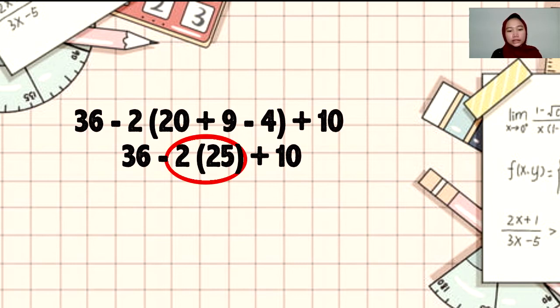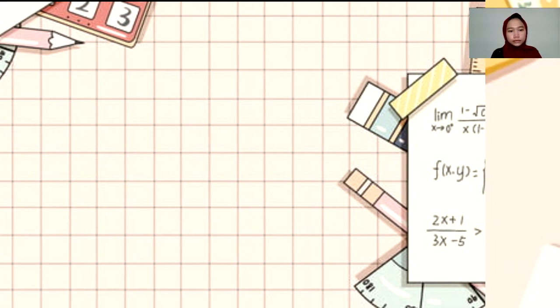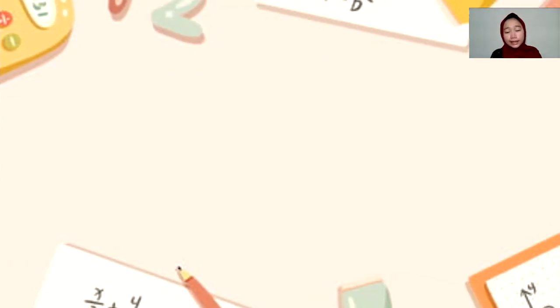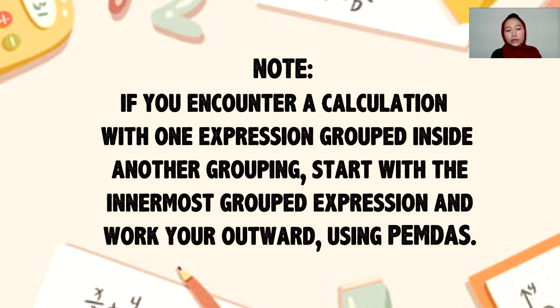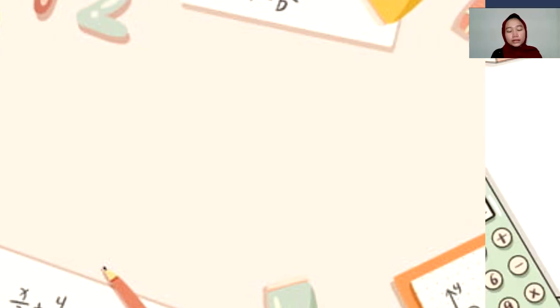Ignoring the addition and subtraction, I then complete the multiplication operation. Last, I add and subtract from left to right, and so I get -4 as my final answer. That's the end for the second example. But before we proceed to the last example, note that if you encounter a calculation with one expression grouped inside another grouping, start with the innermost grouped expression and work your way outward using PEMDAS. So for the next example,